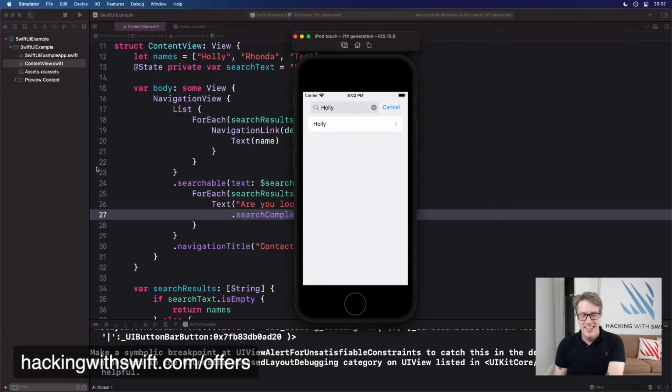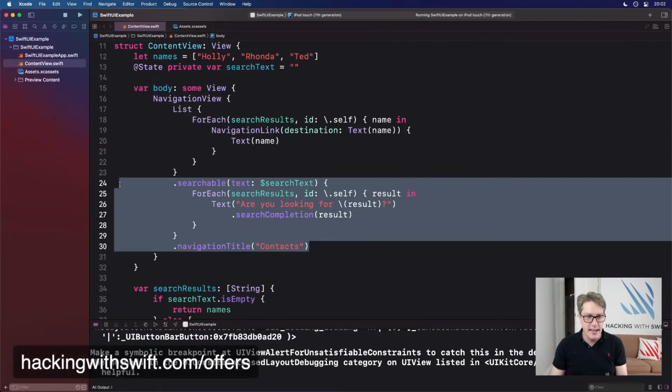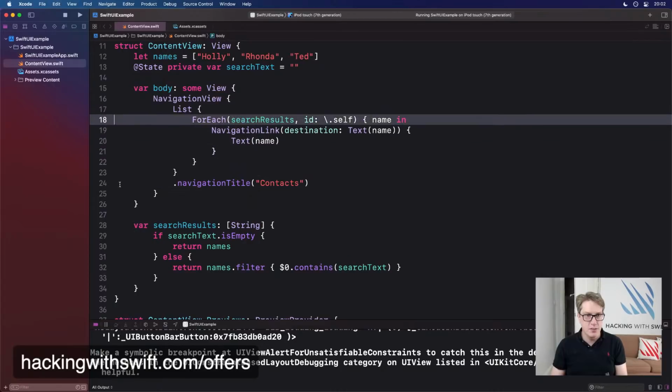Thanks for the dislikes. Anyway, there's a new way where you can finally add swipe actions to your list rows to control which buttons appear on those rows. You can have more than one if you want to, color them, put them on left and right if you want to. It's really, really flexible. For example, let's do a simple one first. I'll say that we have a list again. Let's get rid of searchable entirely. Let's get rid of all this junk up here.